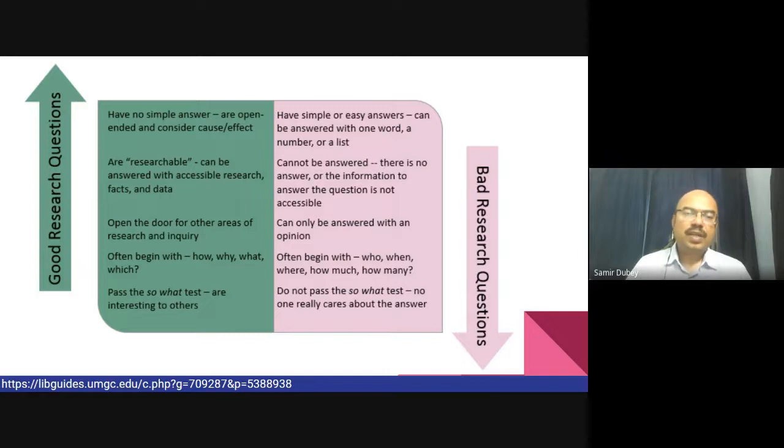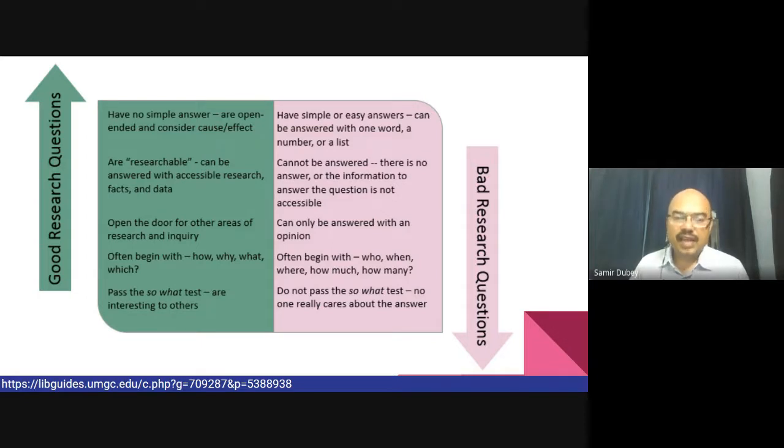There is a test which research questions must pass, and this is one of the basic things used for judging whether a research question is good or not: the so what test. If the research problem is of interest to people, then when you ask what will happen if a specific hypothesis is accepted or rejected,